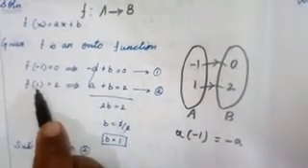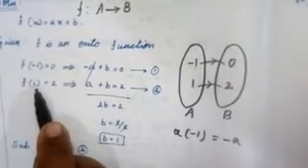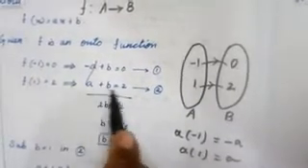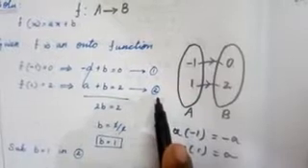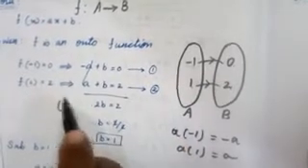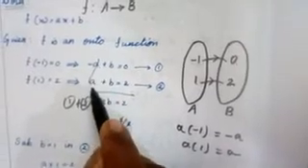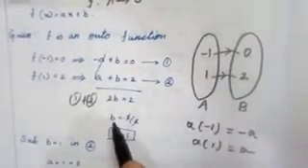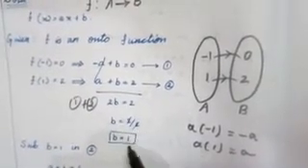Next, x value is 1. We have to substitute 1. So a into 1 equal to a. a + b = 2. Now we have to solve these two equations. So add equation 1 plus 2. -a plus a cancel. b plus b, 2b equal to 2. Transpose this side, so 2 by 2, b equal to 1.